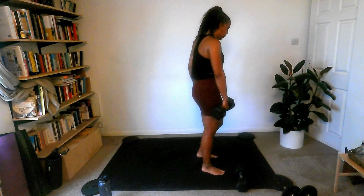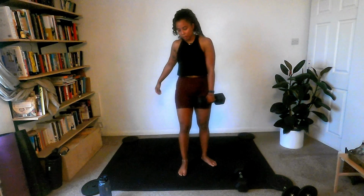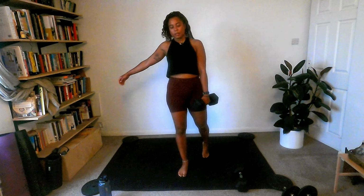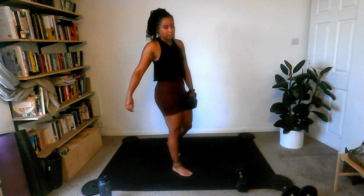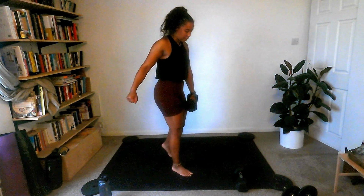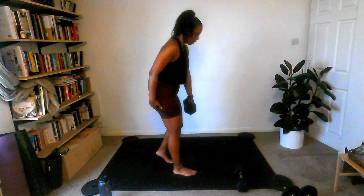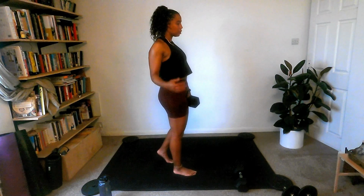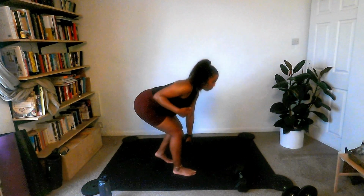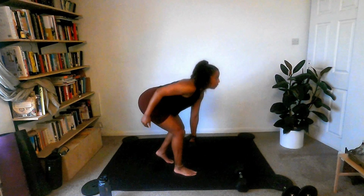So this time round, we had our left foot back, right foot forward, going 3 seconds, 2, 1. Actually, I'll go to the side. Here we go. So set up, go down, 1. Cores tight. Think shoulders back. Good. 4,